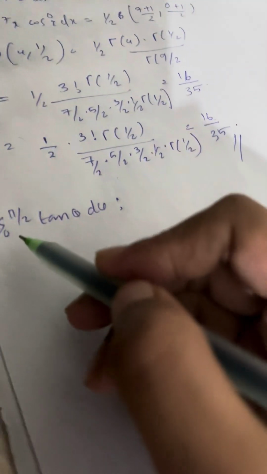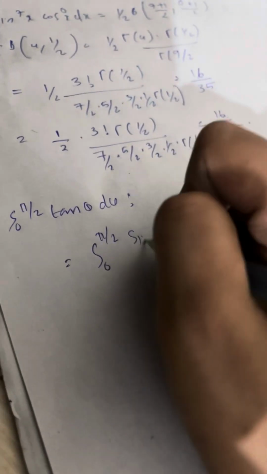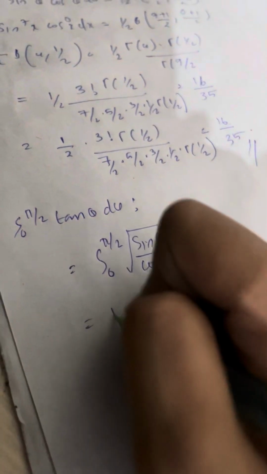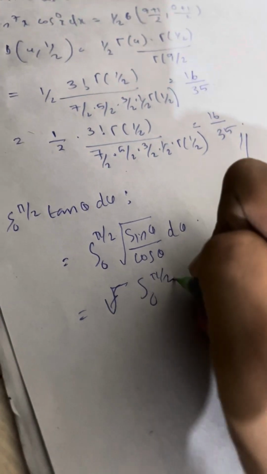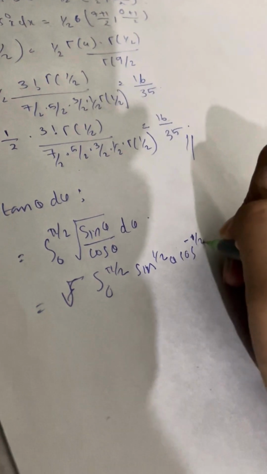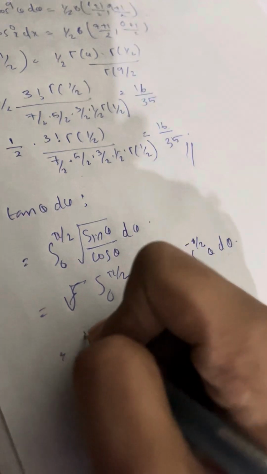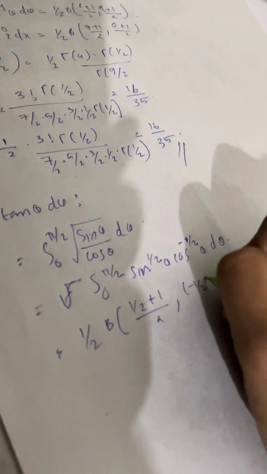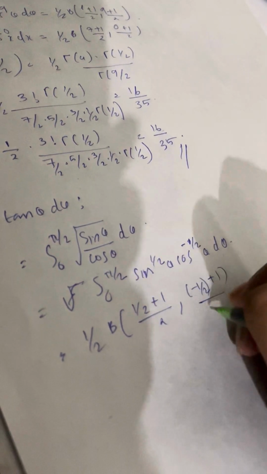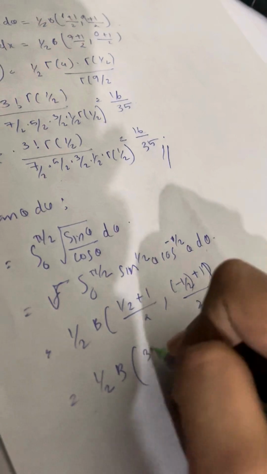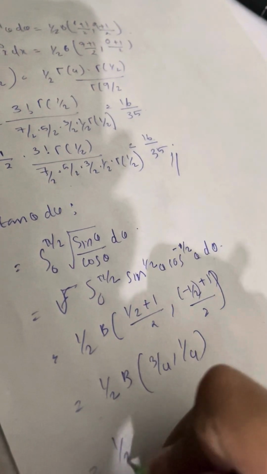The next question is integral 0 to pi by 2 tan theta d theta, which is equal to integral 0 to pi by 2 sin theta root of sin theta by cos theta d theta, which is equal to integral 0 to pi by 2 sin raised to 1 by 2 theta into cos raised to minus 1 by 2 theta d theta, which is equal to 1 by 2 into beta of 1 by 2 plus 1 by 2 comma minus 1 by 2 plus 1 by 2, which is equal to 1 by 2 into beta of 3 by 4 comma 1 by 4,